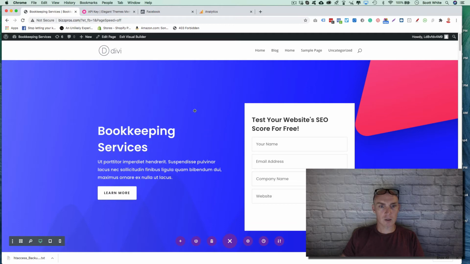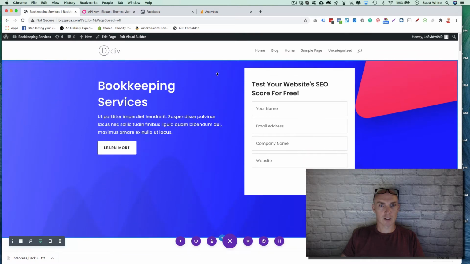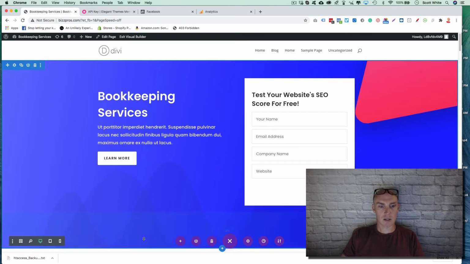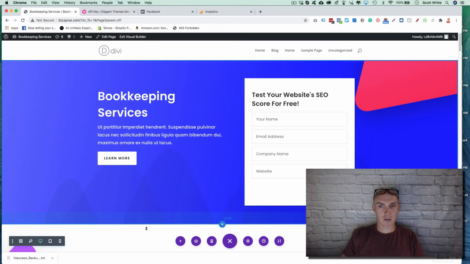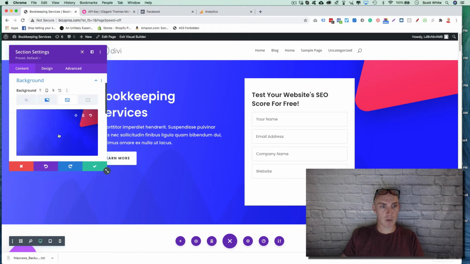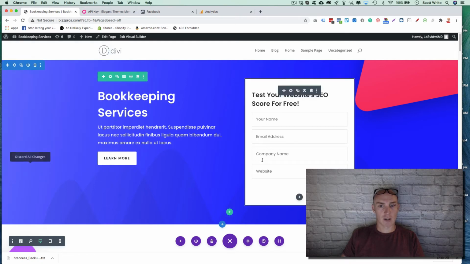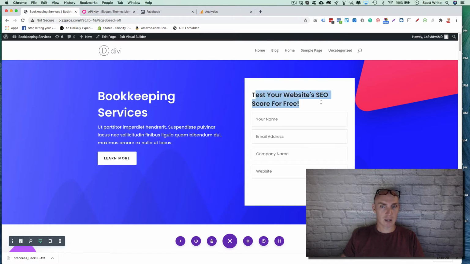Right? And we're not going to spend this whole time making these adjustments. I like to shorten this up and make this a little smaller here. And you can come in here, let's say we want to change this background image. So you just come in here, adjust it, add a new background image, and then you create that to keep it simple. When we want to test this here,